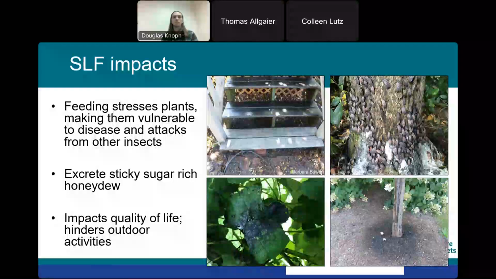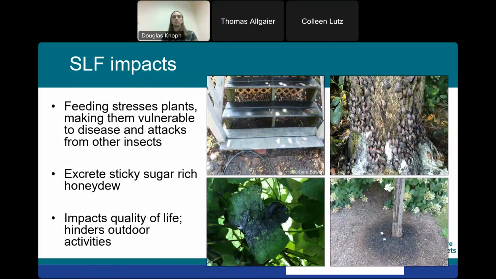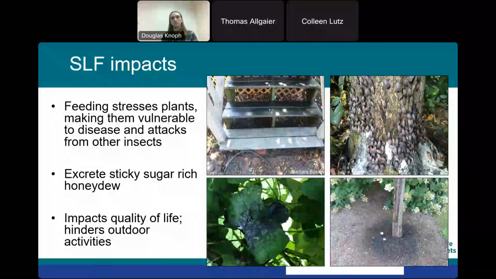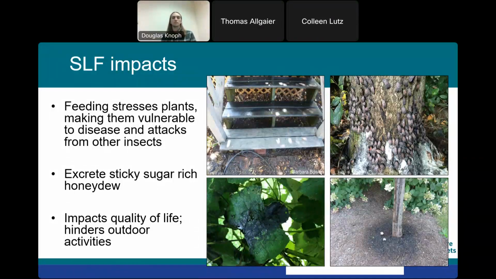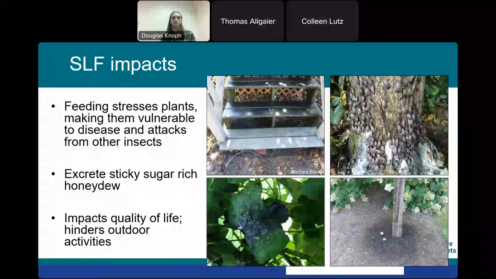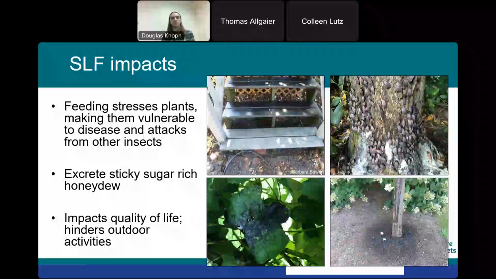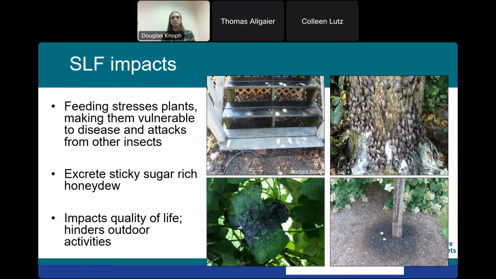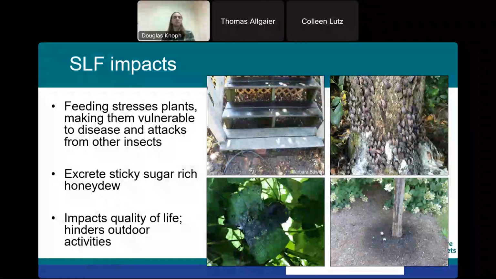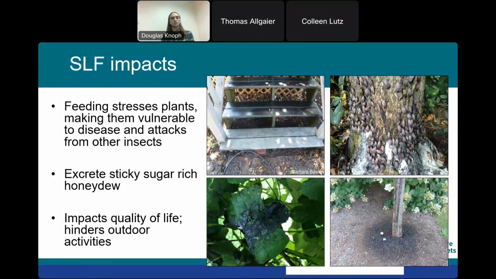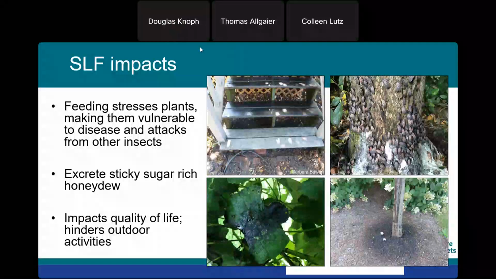You can see the steps here in the top left photo. The two top steps are black and slick looking. That has black honeydew. The bottom one has been power washed, just so you can see the contrast. On the bottom left, you can see the black sooty mold growing on grape leaves, how it will block the light from penetrating and diminish the plant's ability to photosynthesize. Large amounts of honeydew can start to ferment. You get these frothy, foamy growths, you can see at the base of that tree trunk, with many adults massed around.